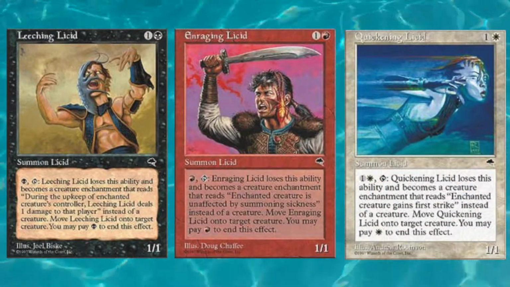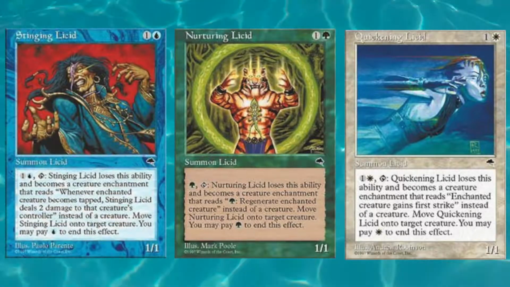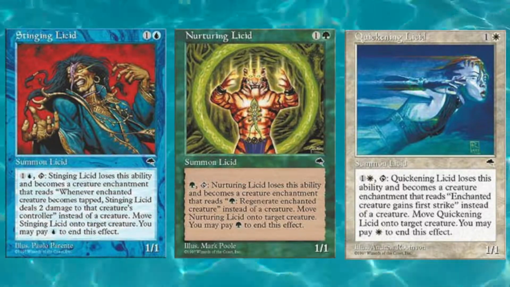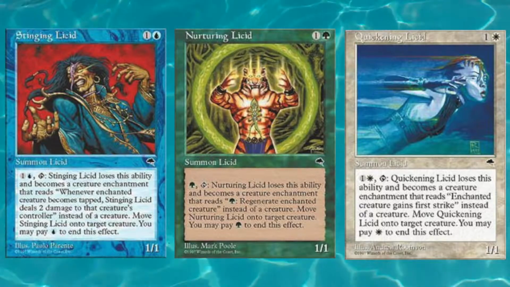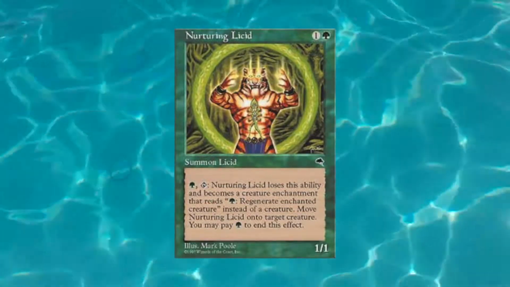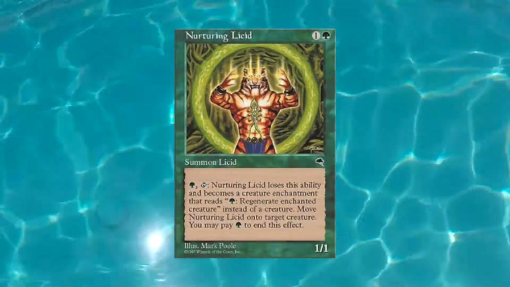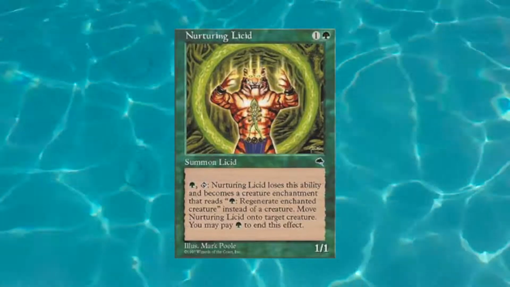And they all have an effect for 1 or 2 mana, being that this creature can now tap and become an aura and equip onto a creature and enable some effect. So if we look at the green one, which is called Nurturing Licid, like I said, it costs 2 mana, it's a colorless and a green, and for 1 green mana, you can tap it and it becomes an